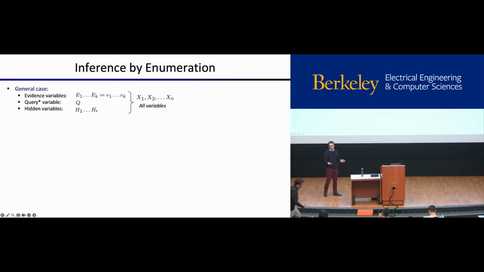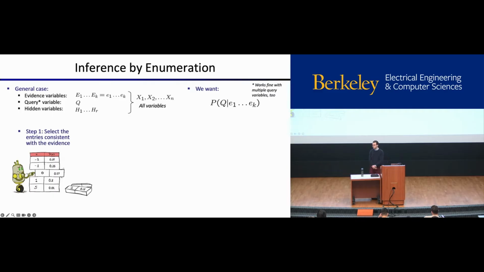Remember, like in our auto insurance model, there were certain variables that we weren't allowed to ask people because we don't want to discriminate against them, and then there were certain other variables that we can't ask them because we know they're just going to lie to us about, like, are they a good driver? So these will be hidden variables, and what we want is to ask questions of the model so that it can predict these query variables given the evidence, and we just don't care about the hidden variables. So this is what we want, P of Q given all the evidence.